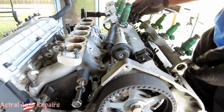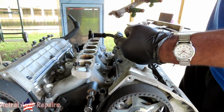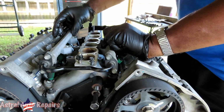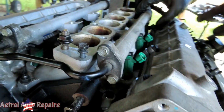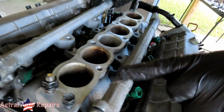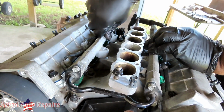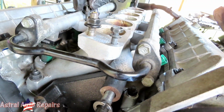Alright, now you're going to have this end where the fuel line goes into. This end is going to be back out here. So let's turn it around. Set it down. Make sure all the injectors are lined up in their holes. Alright, once you got that, just take your hand and push down and they'll go right into place. Now take your 4 12mm bolts,